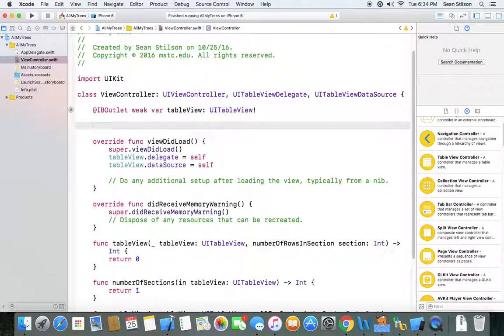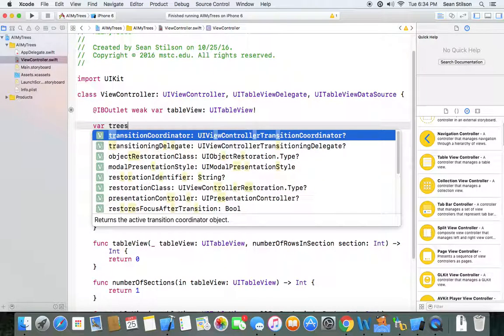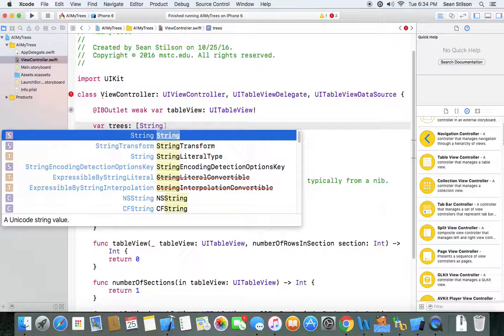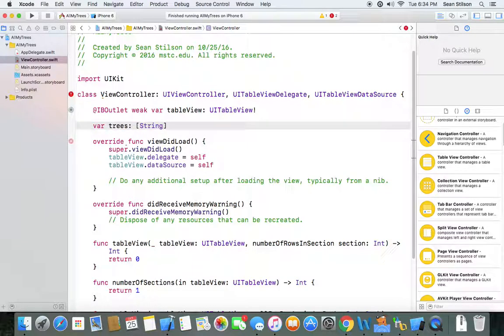Thanks for that. All right, so what we're going to do is create an array. So here is the explanation for the name of the app. We're going to create an array of trees. So it's going to be an array of strings, and we can go ahead and initialize that. I'll try and alphabetize this somewhat, but